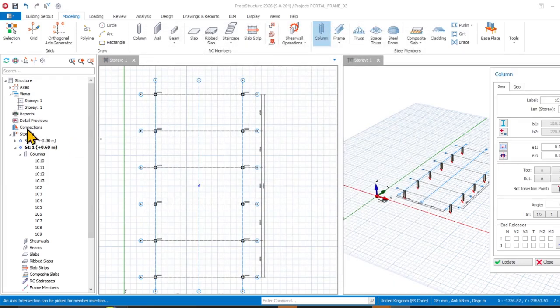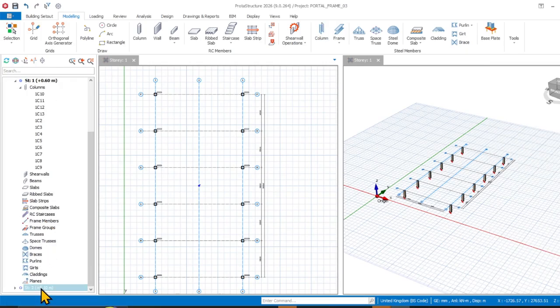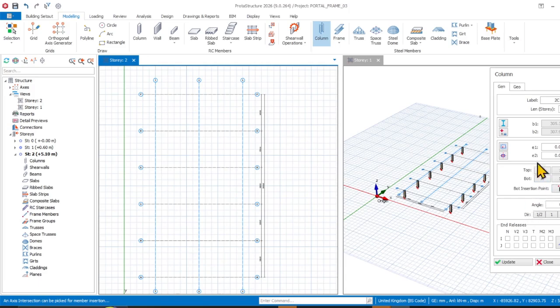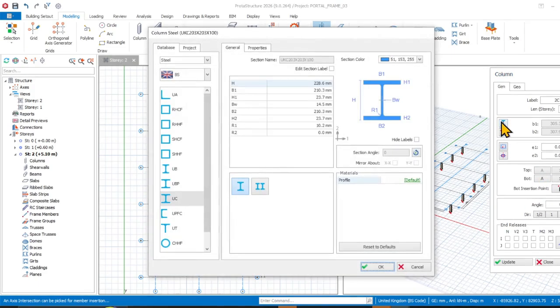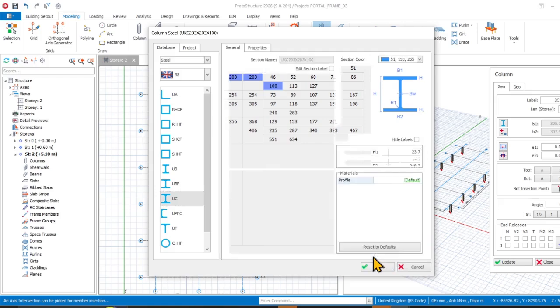And now you ensure that you go to level 2. So you have to go to level 2. Just click here so that we move to level 2. Yes, we are in level 2, and now once we are in level 2, we can simply come back to our column here and confirm that what we intend to use is the right column. Yes, click OK,